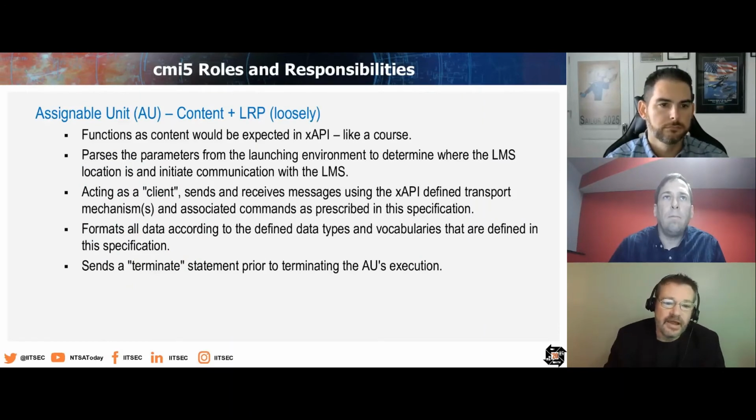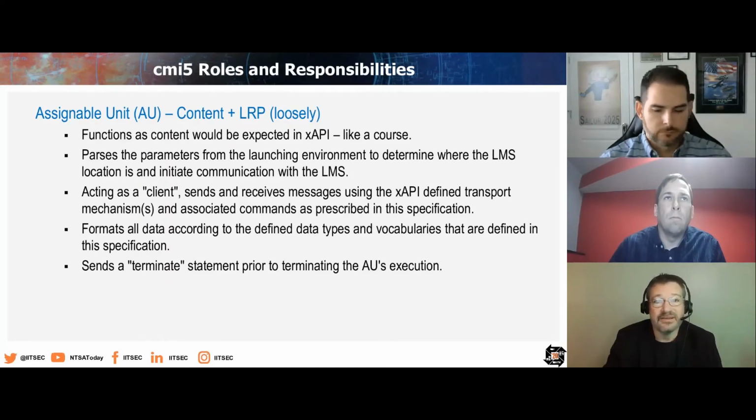Let's take a look now at the roles and responsibilities in cmi5. First, we'll take a look at the role of the assignable unit. An assignable unit is a content module, similar to a SCO in SCORM. A single course can contain many assignable units. An LMS is required under the specification to be able to import at least 1,000 AUs in a